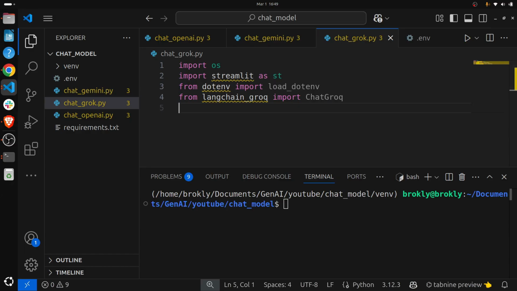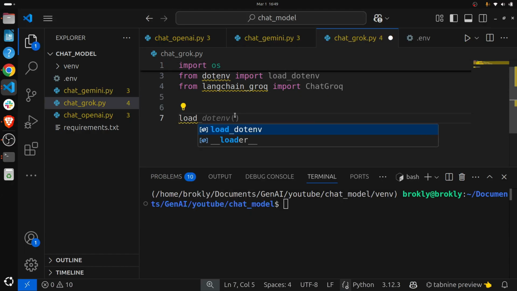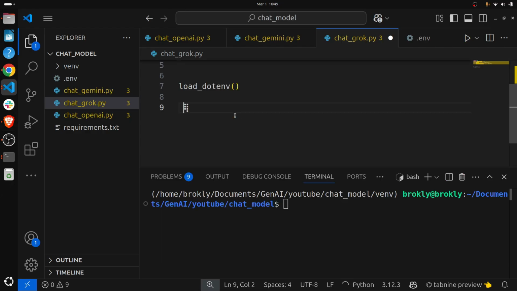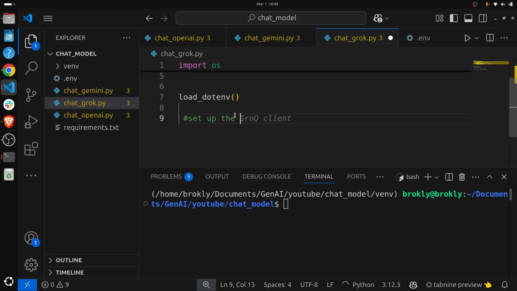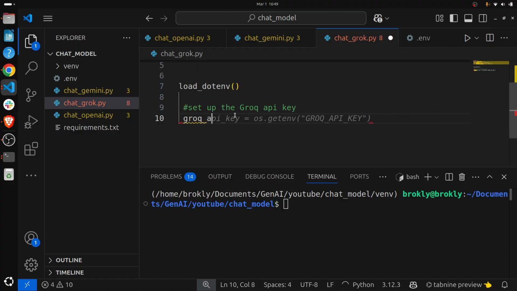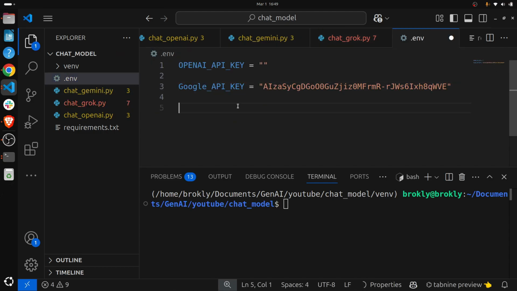Now first we need to load the .env. So let's load this, and here let's set up the Groq API key. Okay, so for it let's write GROQ_API_KEY equal to os.getenv GROQ_API_KEY. So here this Groq API key, let's put this in our .env file,